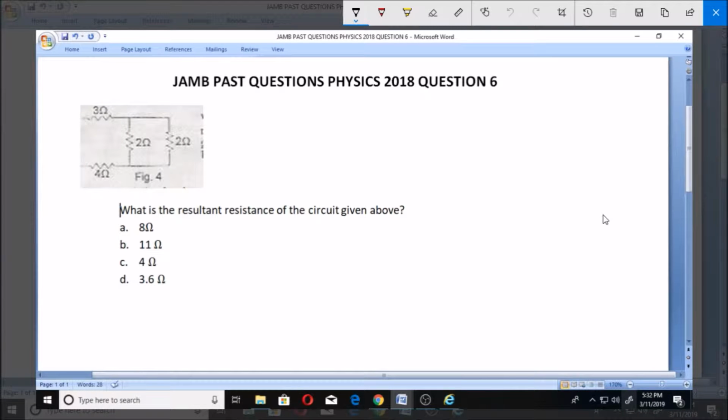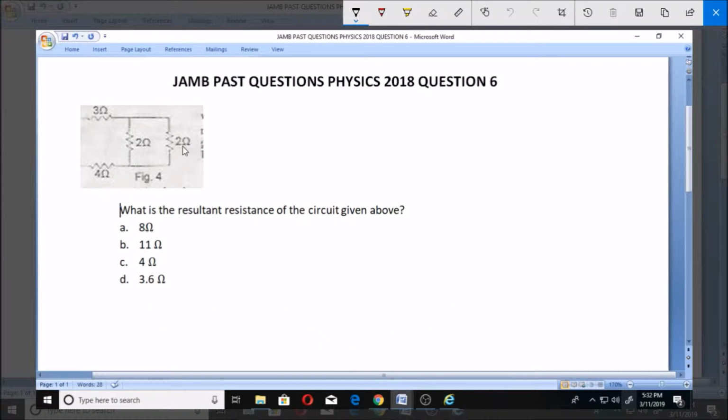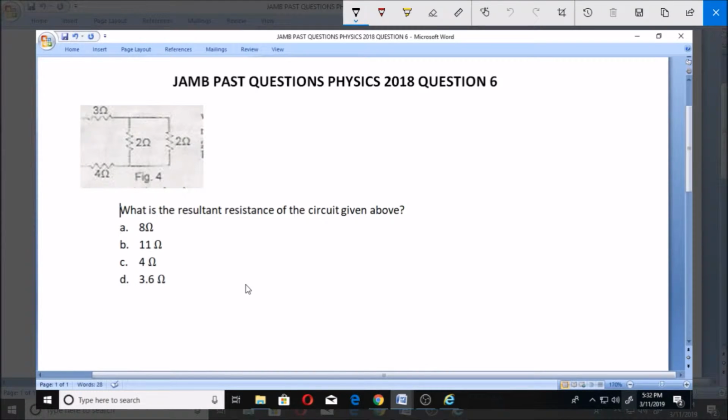Yes, let's look at question number 6 for JAMB Physics 2018. What is the resultant resistance of the circuit given above? This is the circuit, and we are told to calculate the resultant resistance of these 3 ohm, 4 ohm, 2 ohm and 2 ohm in this fig 4. Now the options are A 8 ohms, B 11 ohm, C 4 ohm, D 3.6 ohm. So what is the resultant